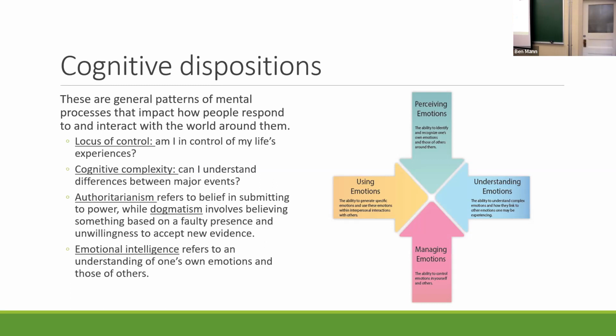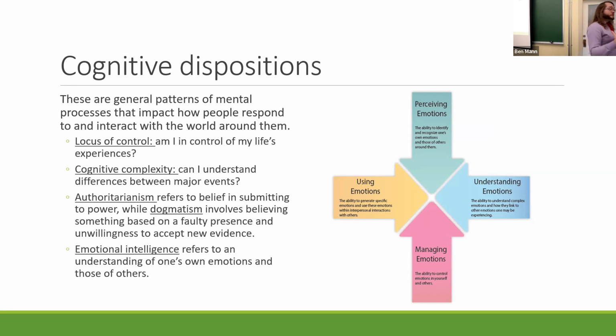One really good example about this is in the context of disability, right? When autism or other disabilities are discussed or talked about, the common phrase is, if you've met one person, right? You've met one person. You haven't met everybody. You can't do a full summary of that disability experience because it's different for everybody. Cognitive complexity is the ability to recognize the differences between those events and encounters.